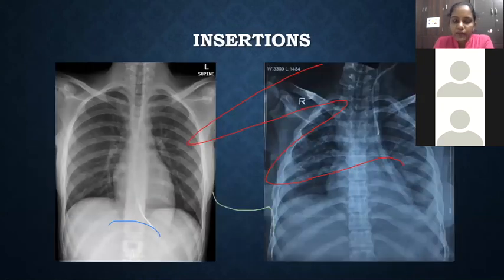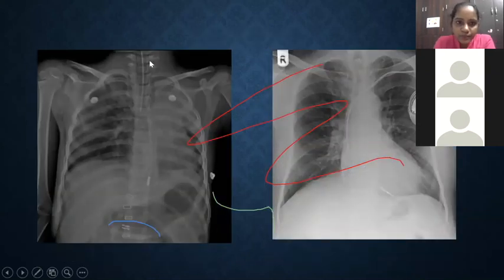So insertions, we usually see insertions in the ICU patients. Here we see the nasogastric tube, and in this we can see the left IJV, and these two pictures. Here we see the endotracheal tube, the carina, and we can see the ECG points. These ECG points lie outside the body. So we can see it as an ECG electrode, and this is the NG tube.